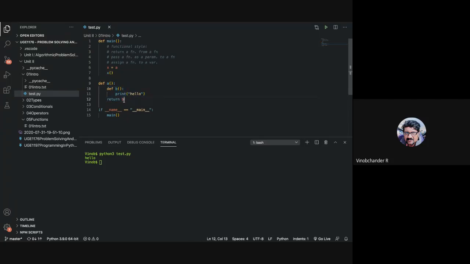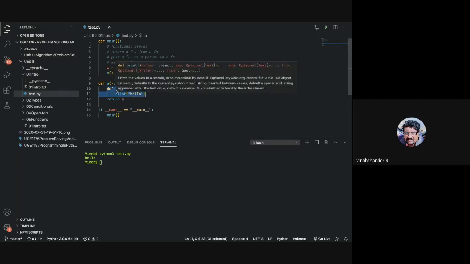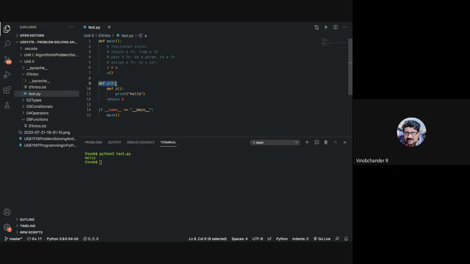So essentially in this particular case, this B is wrapped inside A, right? So this is the idea of a wrapper function. This is in line with the decorator that we will be seeing. So remember, guys, the definition of a decorator: a decorator is a special kind of function that actually returns a wrapper function. It is something like this, right? So you have a wrapped function inside, and this wrapper is returned when you call A. So far, so good.